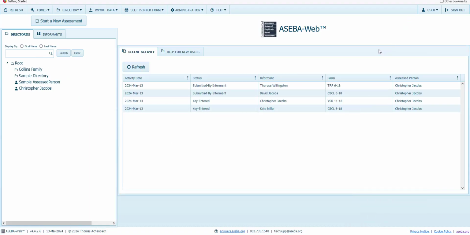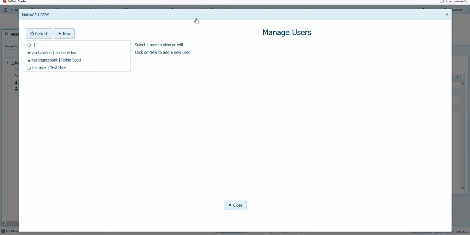Once you've logged into our ASEBA product, over at the top, you're going to see the Administration tab and Manage Users. With ASEBA-PC, an older version, that will say My Account at the top instead. So you click on Manage Users, click New,